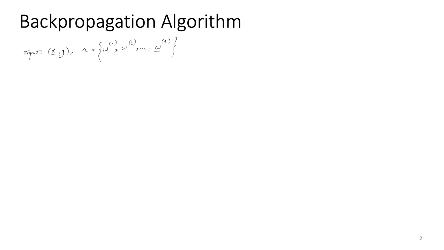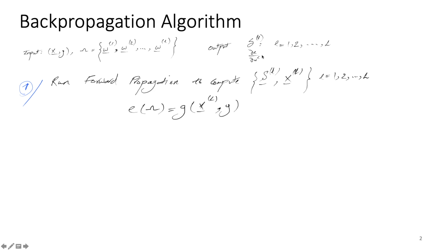Okay, so that's your input. You feed the network a new X, and you've already arrived at the point where you have some W's. These W's might be from the first iteration of training, and we're going to discuss how to initialize those weights. But say you're in the middle of training, at iteration number 200. You've already generated some weights, and then you pass another input. Using a feed forward pass, you get one output, passing through all the layers from 1 up to capital L, and then you can compute the E of n, and then you find partial E over partial